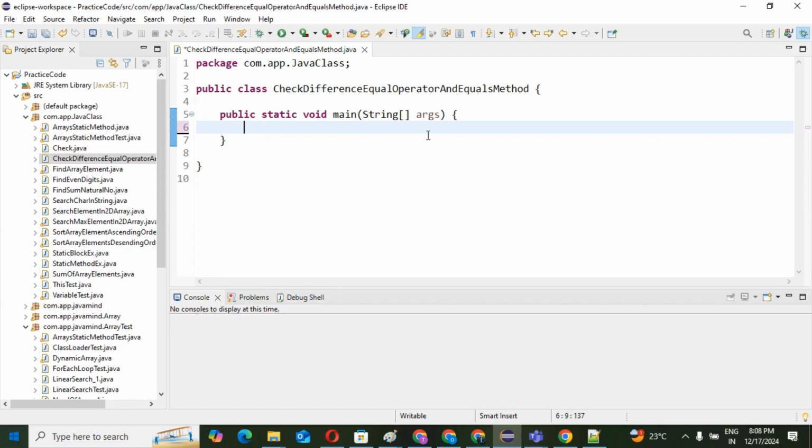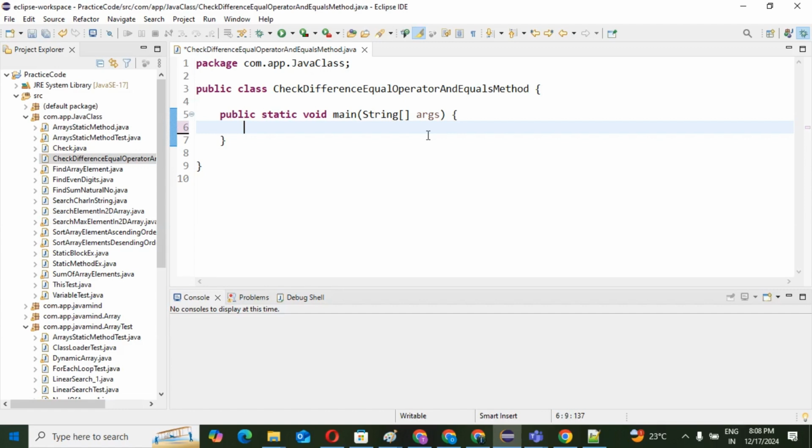If I tell you to compare yourself, you will ask me, to whom should I compare? Alone, we can't compare. We should have two people, then we can compare.